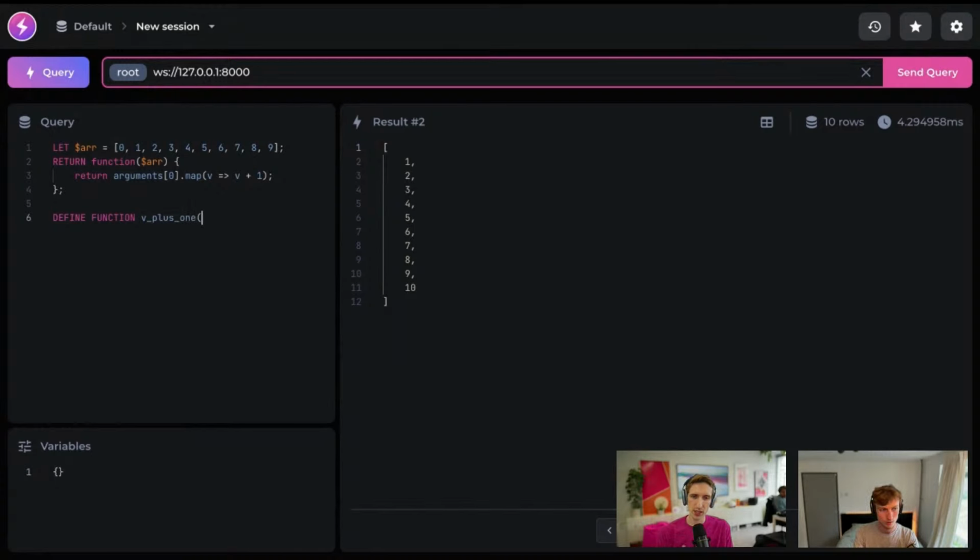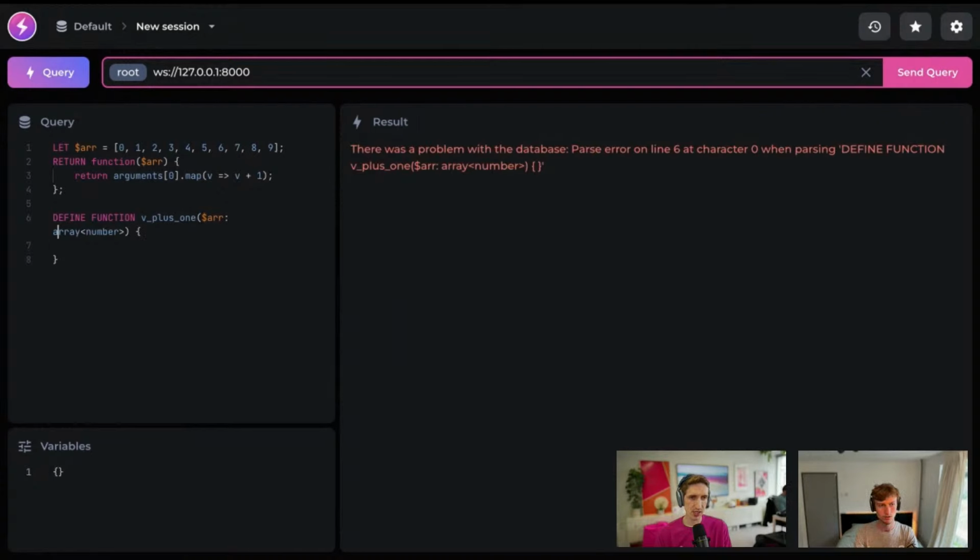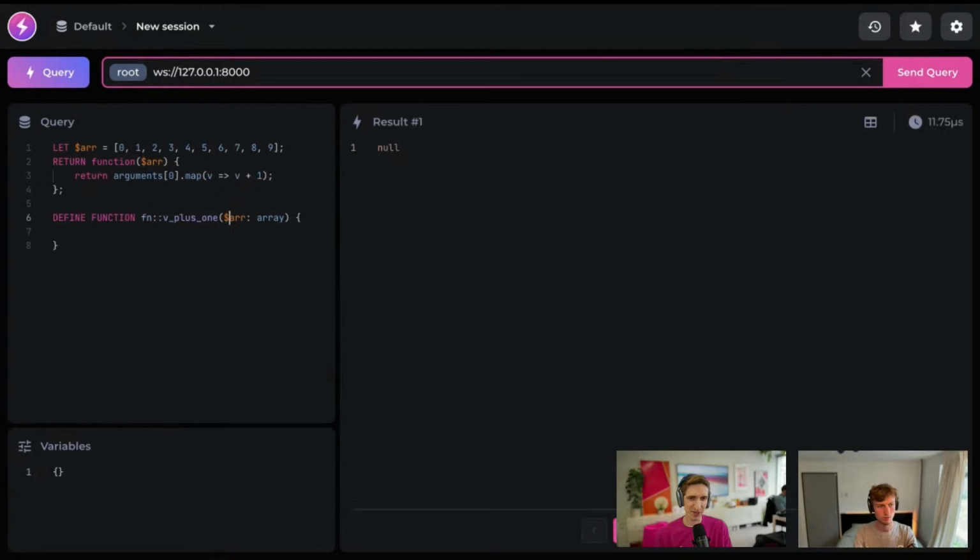So what Misha's doing here is, on line 6, he's defining a function, which is a custom SurrealQL function. It has typing support. Now, this was added into the last beta, but it's definitely had some improvements in this last version, especially with regards to typings, which is tripping Misha up here a little bit.